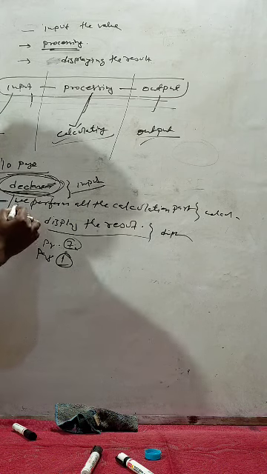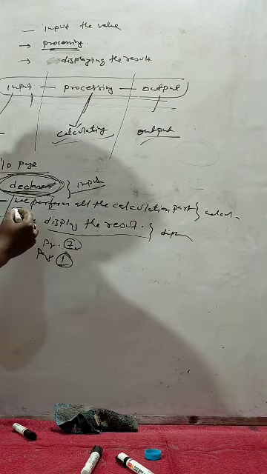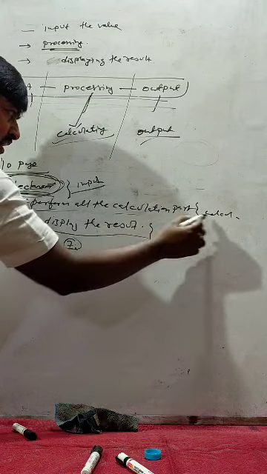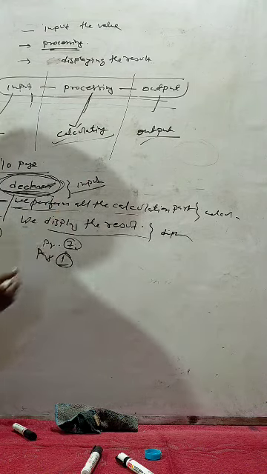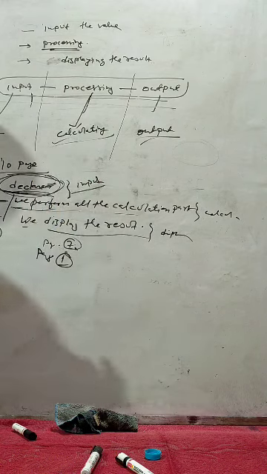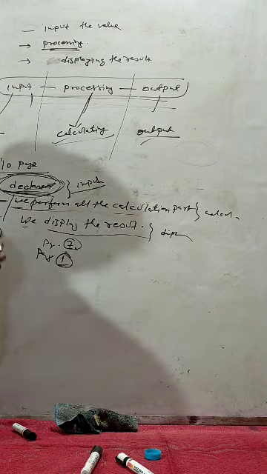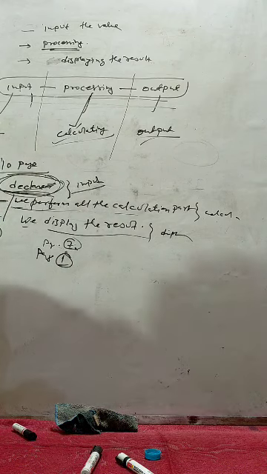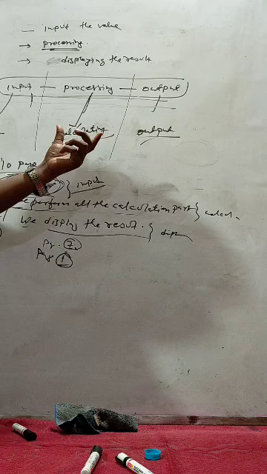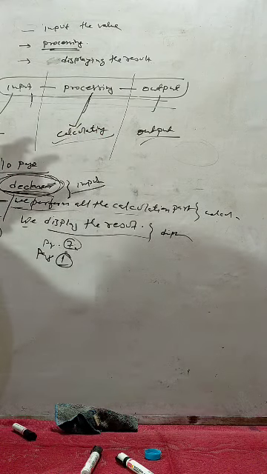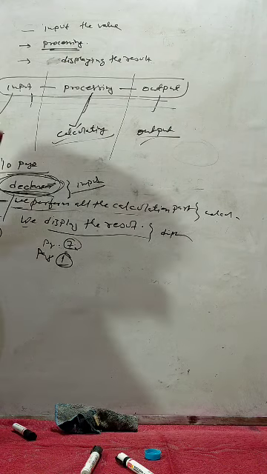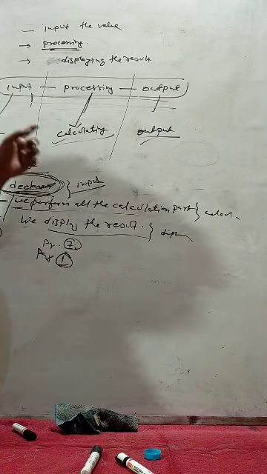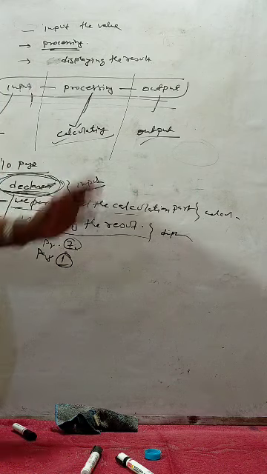In the same way, if any error is displayed in the calculation part, that may be in page number 6, 7 and 8, and that is very easy to find and very easy to remove. So what happened? If we use any large program segment wise, module wise, method wise, it is very easy for us to find the errors and remove the errors.